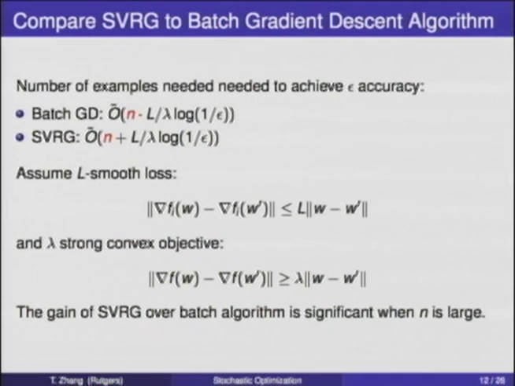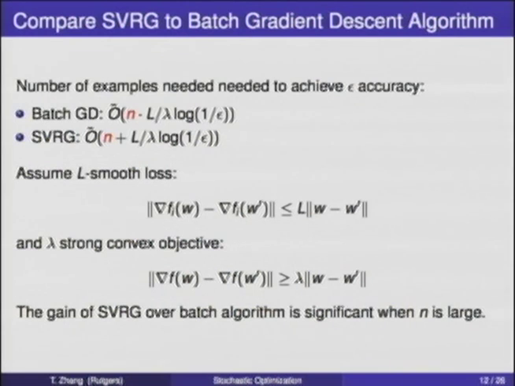So the total computation cost to have this condition number times n will be what you get. And if you look at the other example, instead of n times the condition number of this one, you have n plus. So it's really n times going to n plus, which gets you a lot of benefits, because when n is large, which is typically what the